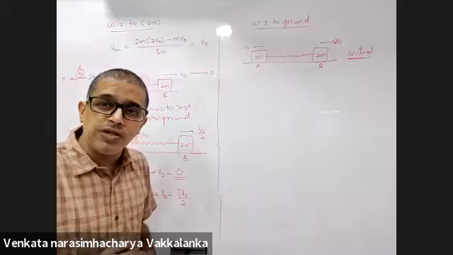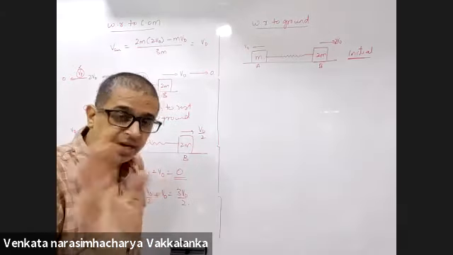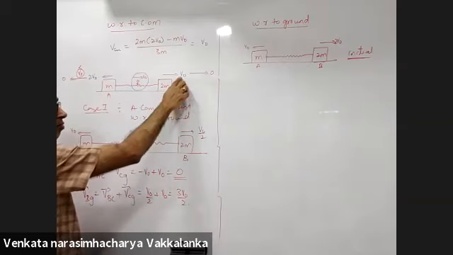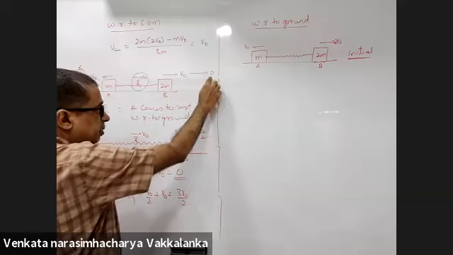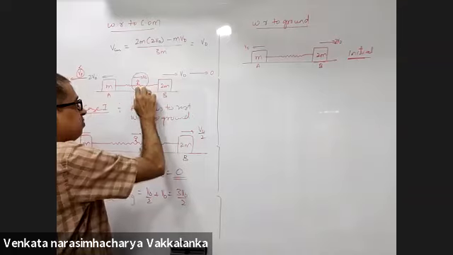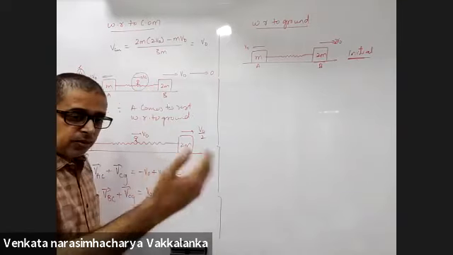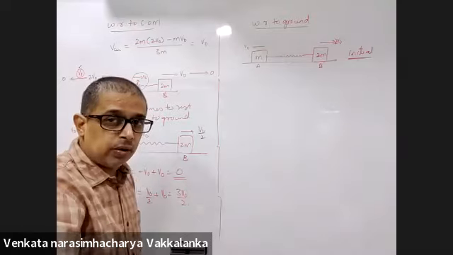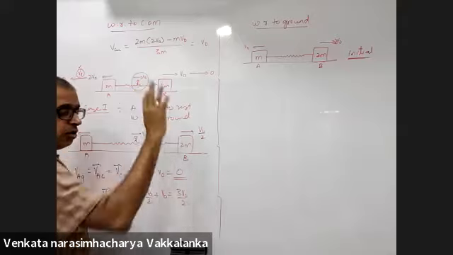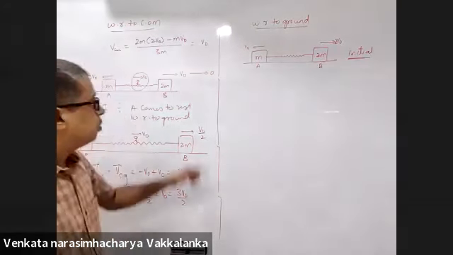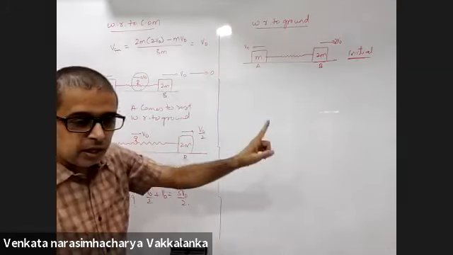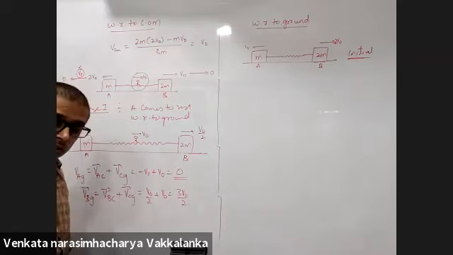Will B not come to rest before it goes to maximum elongation? It will not, because both are in the same direction. Summation can never be 0. The velocity of B with respect to center of mass is in the same direction, and the center of mass is also in the same direction. So velocity of B with respect to center of mass plus velocity of center of mass with respect to ground will be velocity of B with respect to ground. Sum of two positive quantities can never be 0. So before A comes to rest, that is the maximum elongation, B will not come to rest with respect to ground.